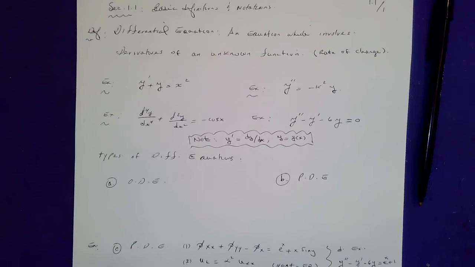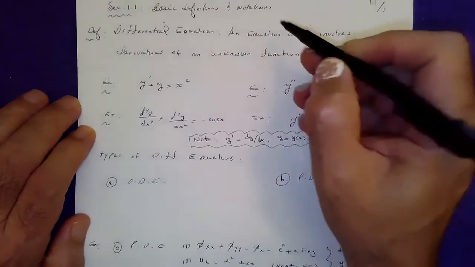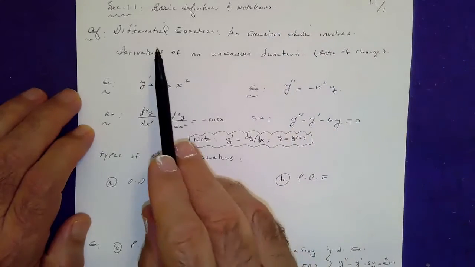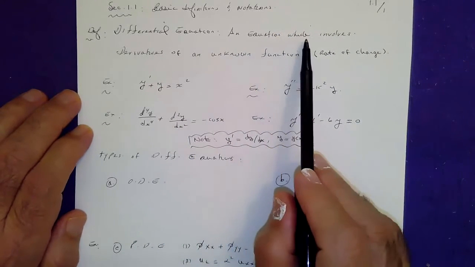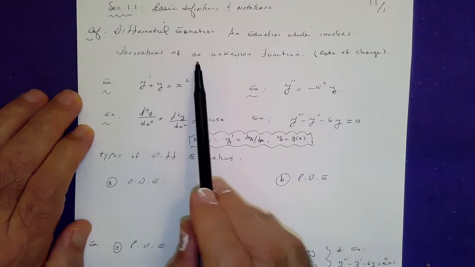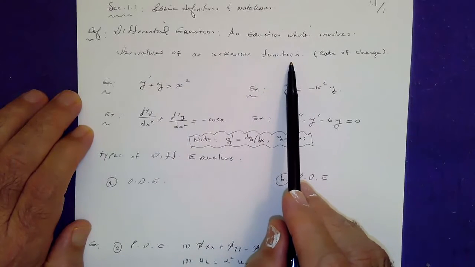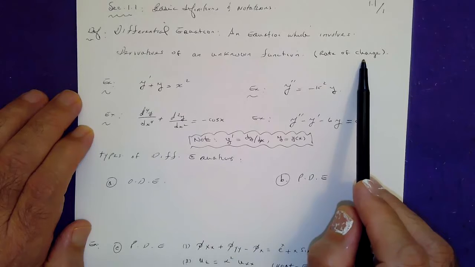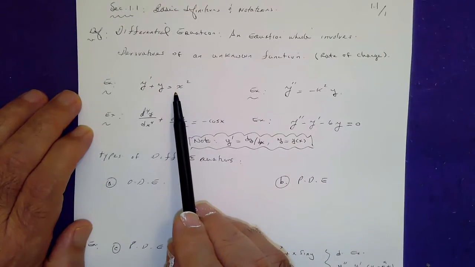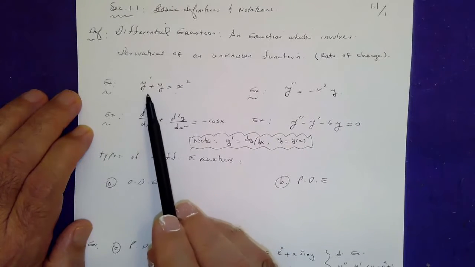Section 1.1, Basic Definitions and Notations. What is a differential equation? A differential equation is an equation which involves derivatives of an unknown function. In other words, the derivative represents the rate of change. So any equation which has any order of derivative,